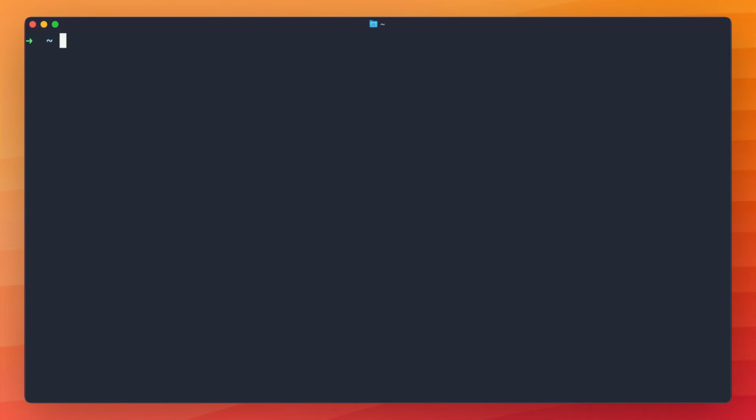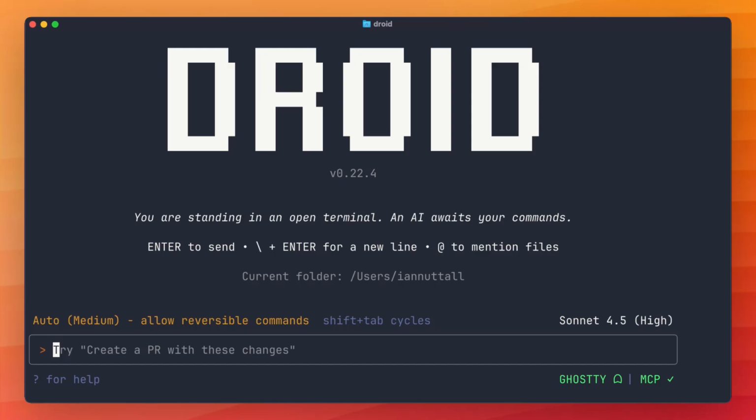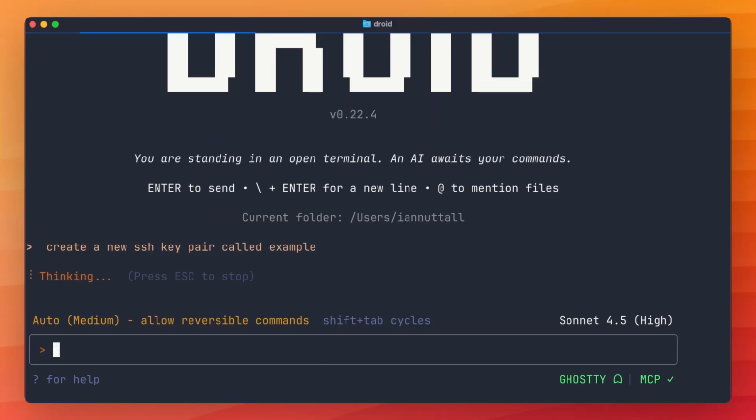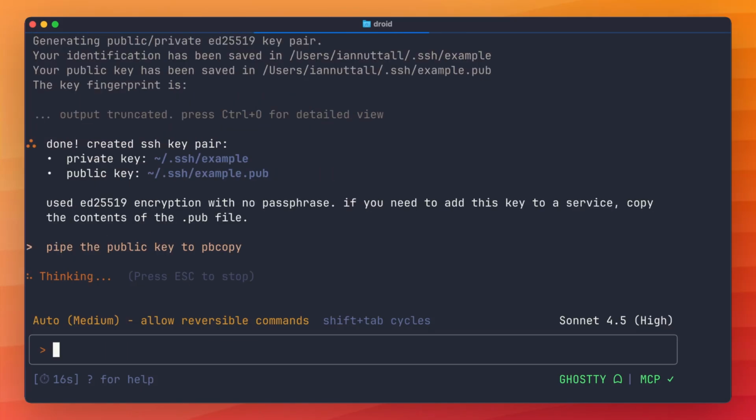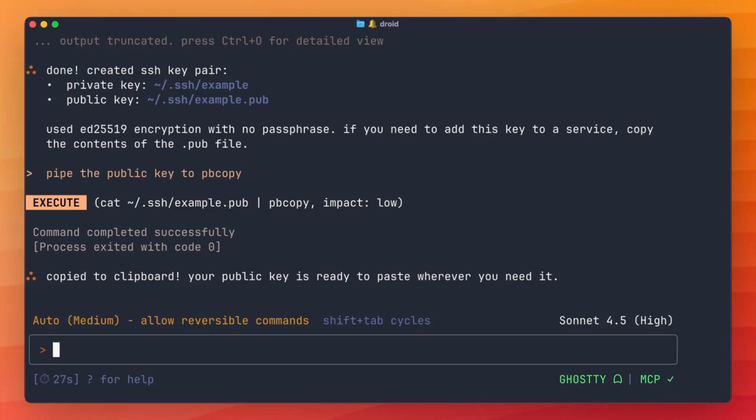The first thing we're going to do is run Droid, and then ask it to create a new SSH key pair called example. We now have two keys, a private key and a public key. So what we're going to do is ask the agent to copy the public key to the clipboard. Now that we have that, we can head to Hetzner to create a VPS server, add this key to it,